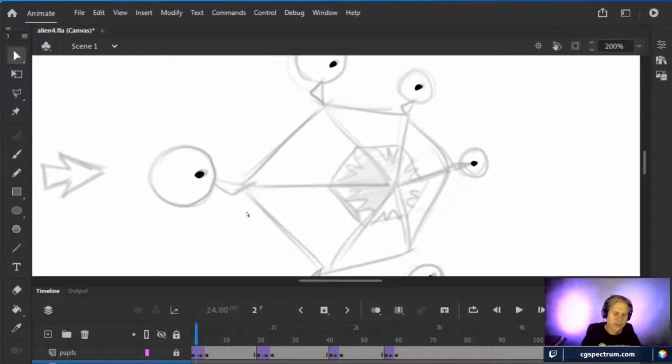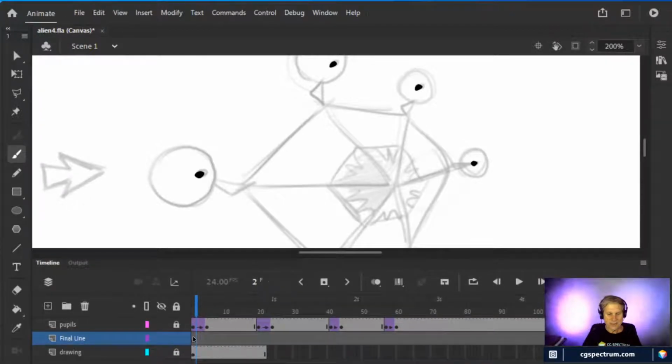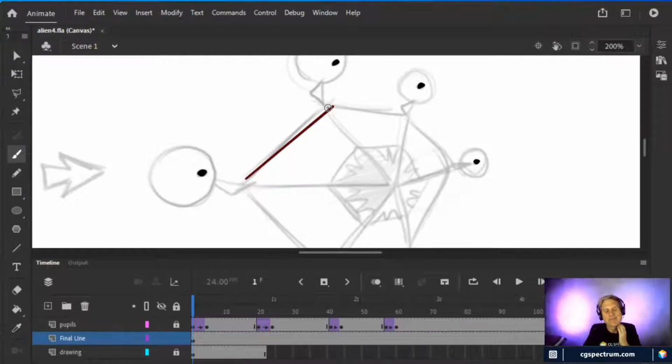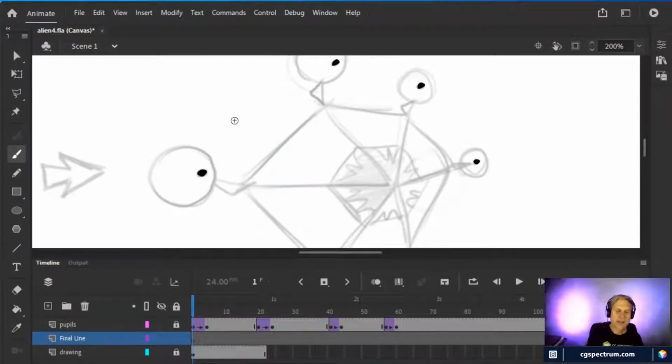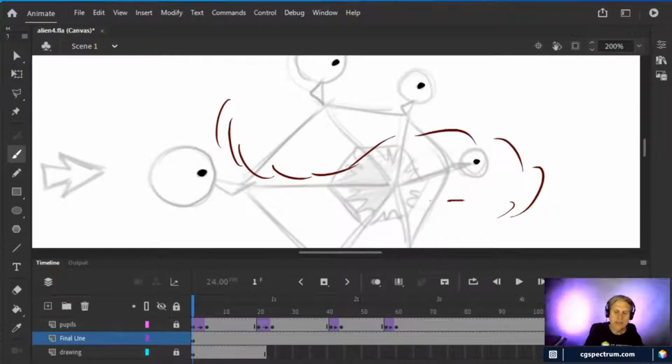If I was going to draw for this character, I could go in here and lay down a line. I could lay down a line pretty simply and pretty cleanly, but is that the actual line that I wanted to have? Or did I actually want to go in and sketch something and do something really free and loose, and then go in with an eraser and get rid of parts of it, and have a nice smudge line like you could do with Harmony? No, that's not going to happen here.